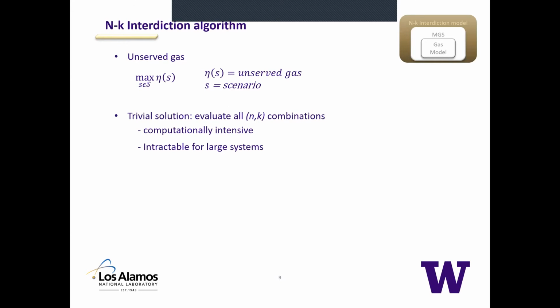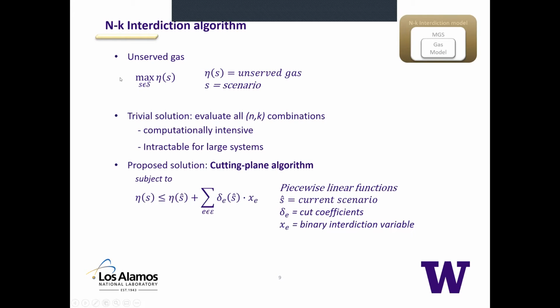And so our proposed solution is integrating this cutting plane algorithm by adding piecewise linear function constraints each iteration, which we solve till convergence to an epsilon-optimal solution. We set the gap of convergence to 0.01%. And so basically the intuition behind this cutting linear function is that we upper bound our solution space with the remaining gas in the system per component